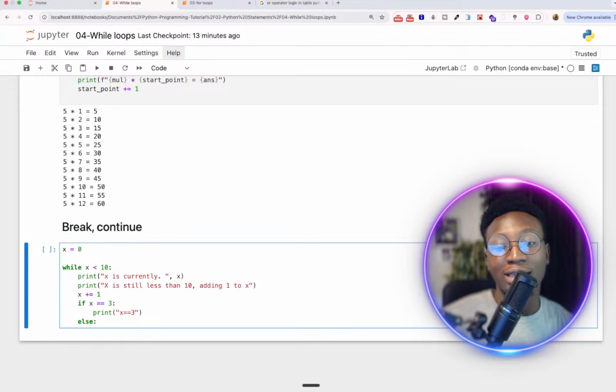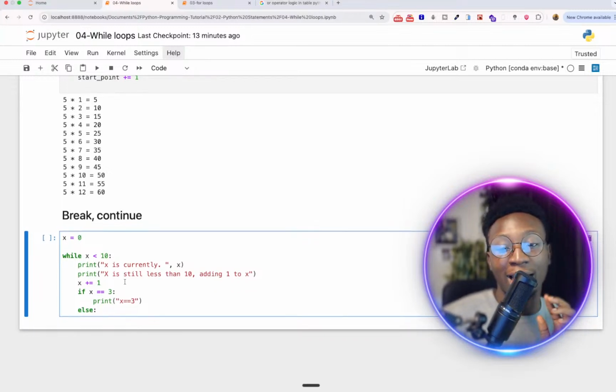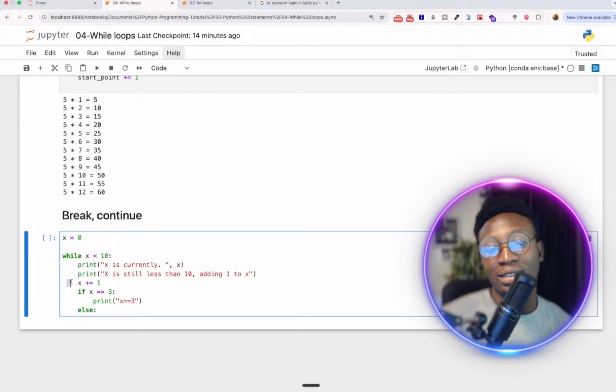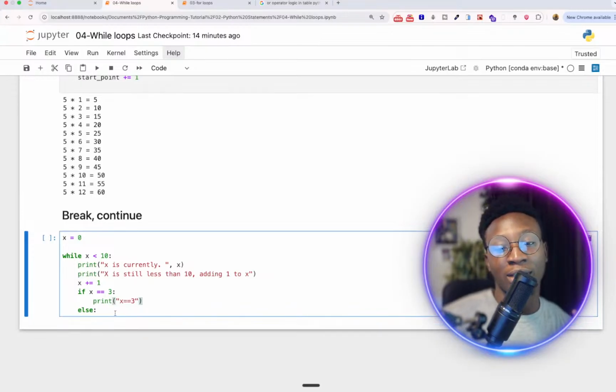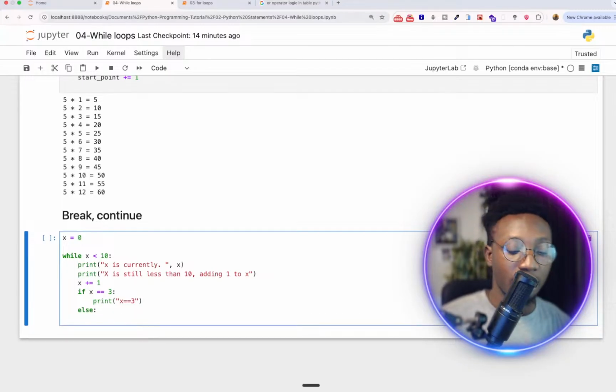right? The one thing I noticed that you guys might really get confused on is the indentation, right? But just know that while you are still writing your while loop logic or your for loop logic, you have to keep that indentation. It has to be steady, right? And if you have another if statement, you have to keep that indentation again, right? So if you want to keep writing inside this if statement, that's where you keep writing under the same indentation. But since I'm starting a new else statement, I don't need to keep that indent. I just need to maintain the indent of the while loop. All right. So I'm going to say else print